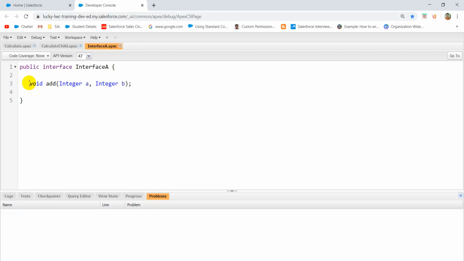So you don't need to expressly give the abstract keyword and access modifier. Now you can have methods like this,